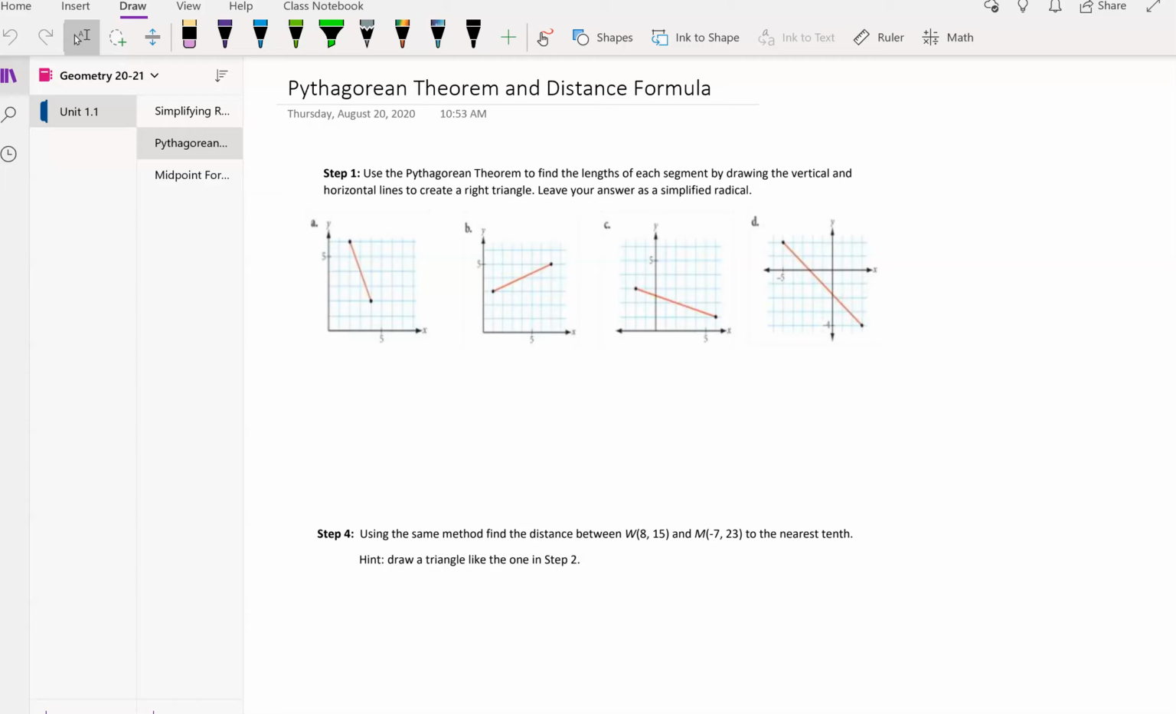Welcome, geometry students. If you do not have your workbook out, you will want to grab it and see if you can find this page that is talking about an investigation of the Pythagorean theorem and distance formula. Okay, it should kind of look like this. At the beginning, you should have a step